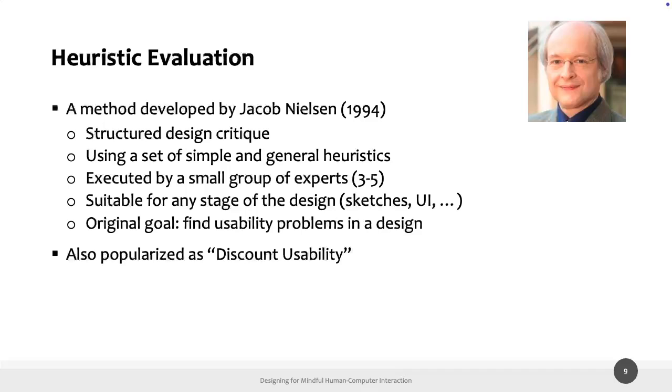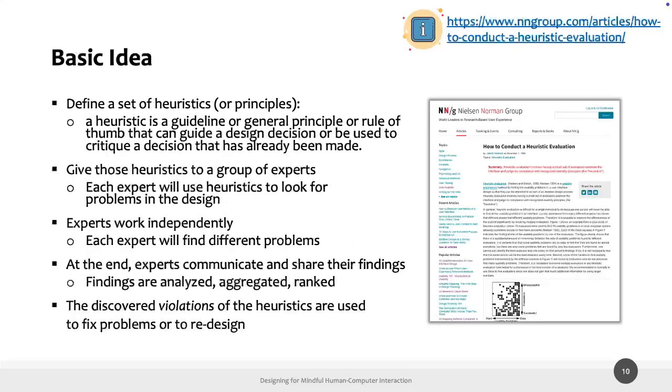But you can, of course, try to apply your own heuristics if you want. Typically, this evaluation is executed by a small group of experts. 3 to 5 is the magic number. And again, the original goal was to find usability problems in a design. We will specify this as finding digital well-being problems in our case. So this is the basic idea,